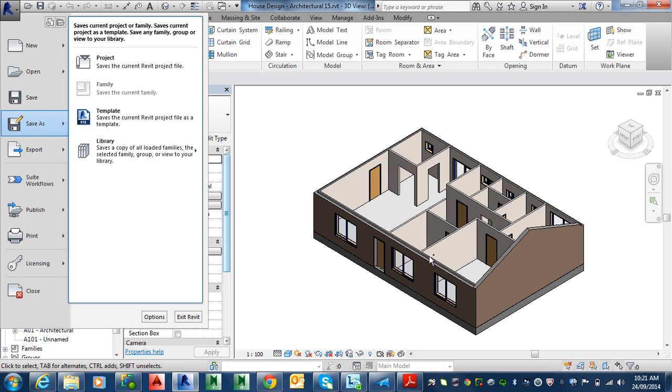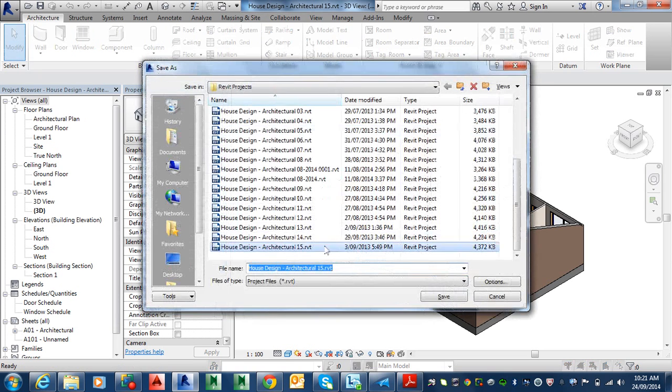But if we are going to do that, we have to notify the architect to then remove it from their drawing, so that we're not doubling up of the same thing. And that's normal coordination process that you would do, email or whatever, ring them. So let's go save it as a project, and we're going to call it